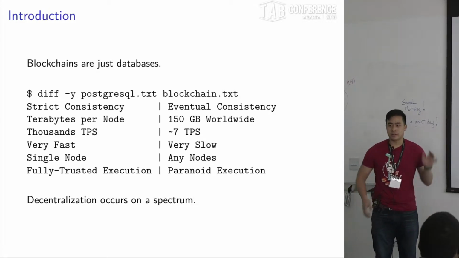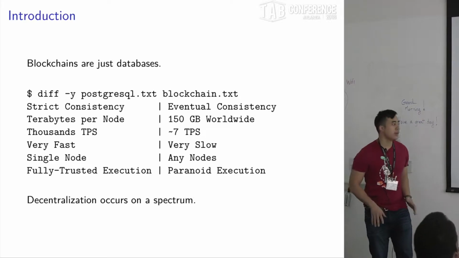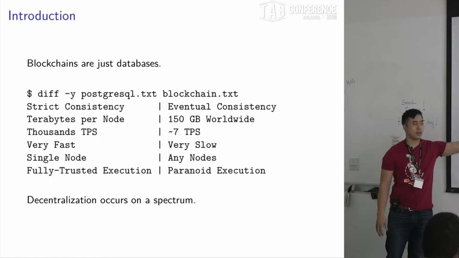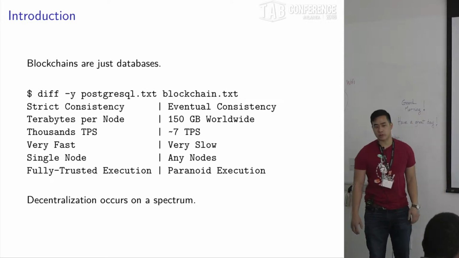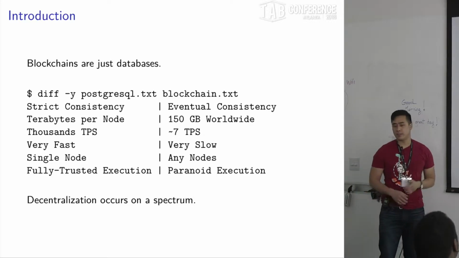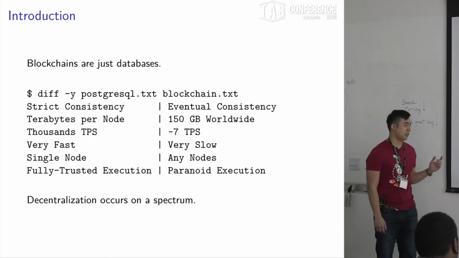We need to make sure there are political systems and incentive structures or whatever to make sure that we can keep this single state of truth. And that's why you get all these performance hurdles, and that's what we're going to be struggling with for the next several years. So it's important to note across all this blockchain stuff that decentralization does happen on a spectrum,